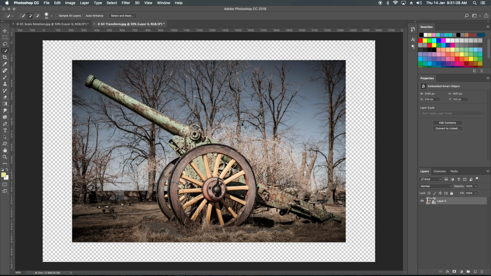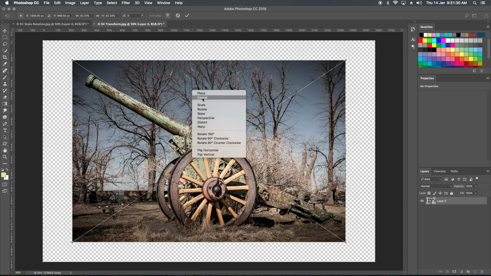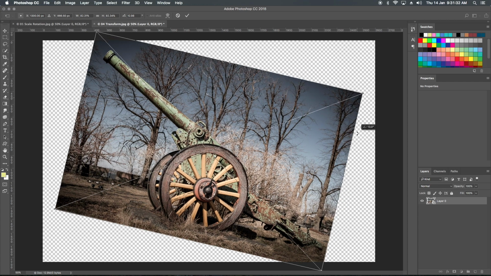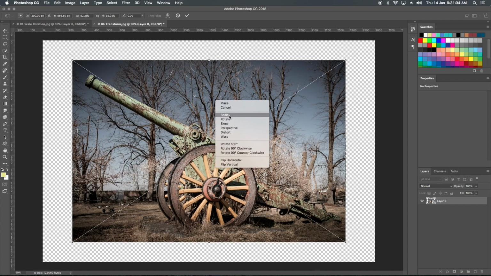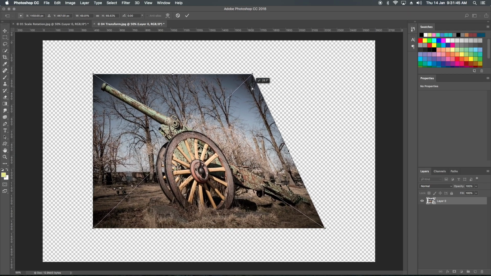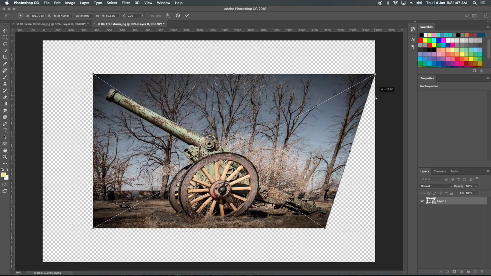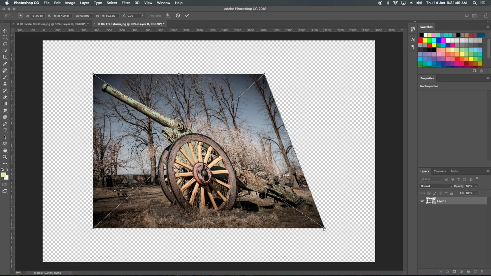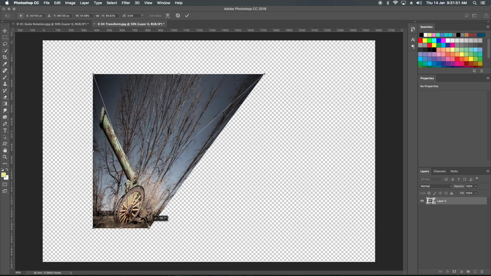I straight away press Command T, right click and make it rotation, right click and make it scale, and right click and make it skew. So what is skew? We can skew our images right or left, right and left.